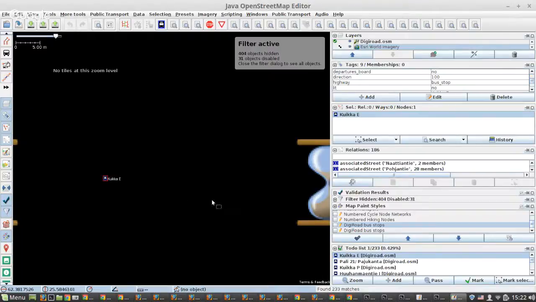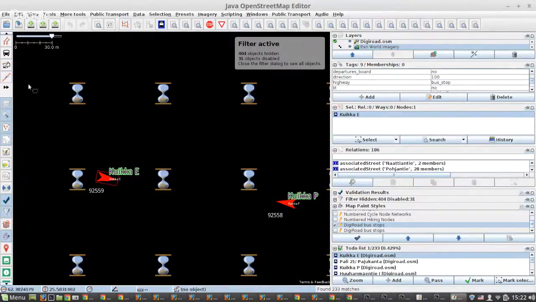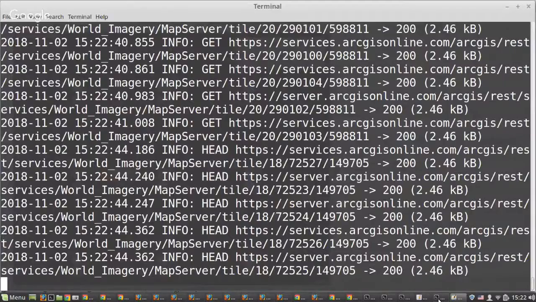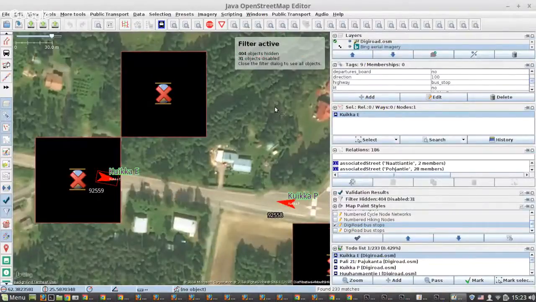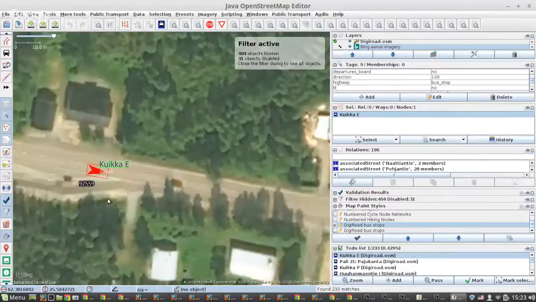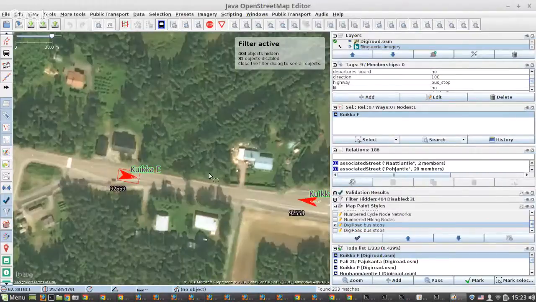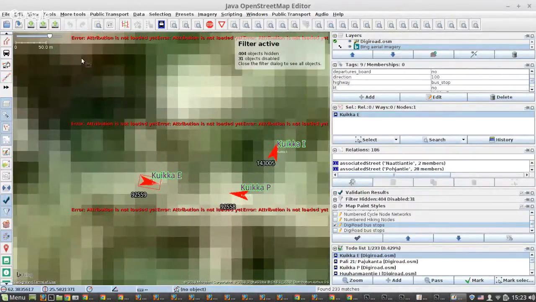So what are we going to do now? Why is it constantly switching off my style? And what is going on with my imagery? Strange. Let's select Bing. Okay, so what we see here is 2 stops. And let's download some more data around there. Not with the Overpass, but with the normal